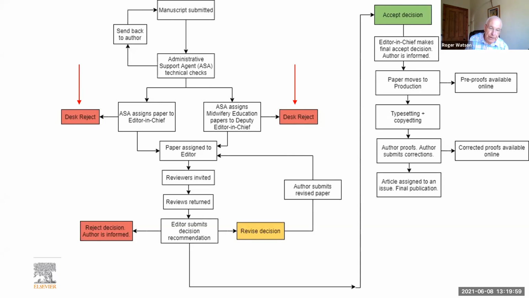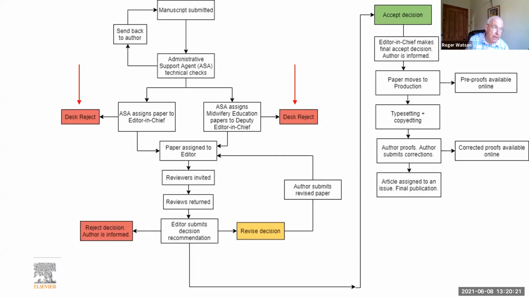So the diagram isn't exactly accurate, but the usual process is that the editors will send the paper to reviewers, and these reviewers will be experts in their field. We will come back to the reviewers later. The reviews will be returned, and the editor will make his or her mind up about whether the paper should